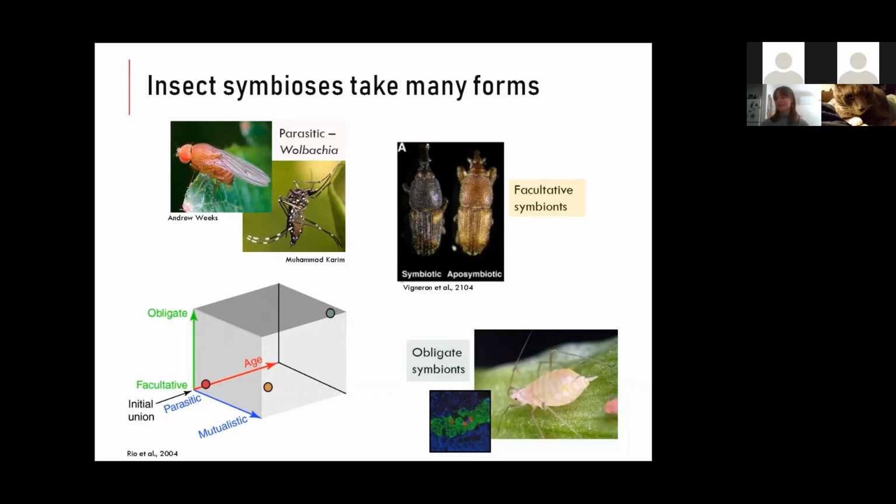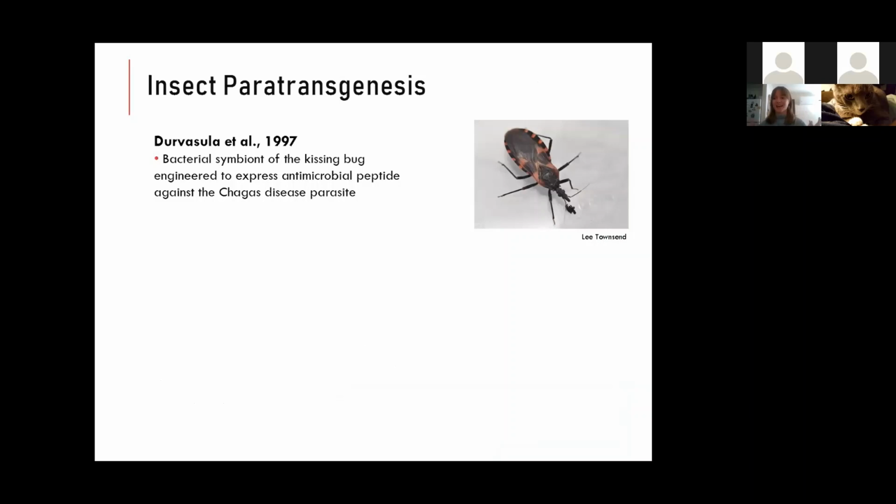Can we do anything with these relationships to kind of help ourselves out? Can we manipulate them in some way? And yes, people have done this. A lot of Mike's work was focused on transgenesis as a technique to alter insects, so that's directly engineering the insect itself. But my talk is focused more on paratransgenesis, which is engineering the symbionts in order to change aspects of the